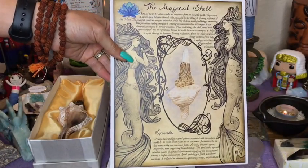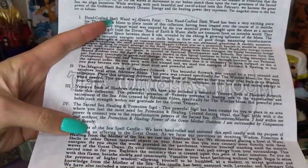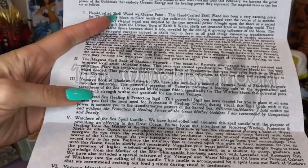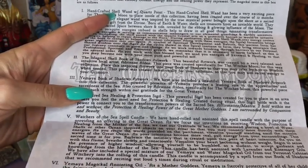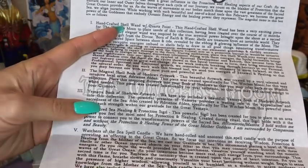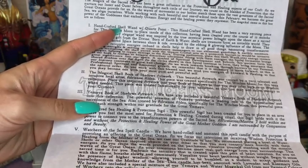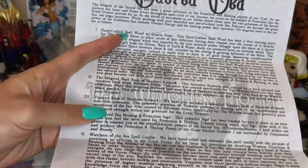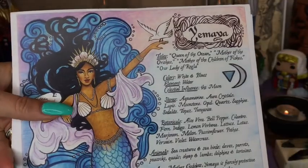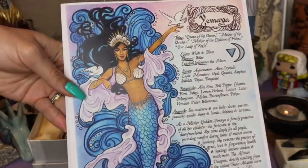Yeah, it's gorgeous. Going on into the third item here, it talks about Yemaya, and it has a Yemaya Book of Shadows artwork as well, also by the lovely Adrienne Alden. It tells you what group Yemaya is connected to, what belief system, and what her magical associations are. So actually, let's take a look at the artwork because a lot of that is on the artwork. So here we have Yemaya, which is beautiful. I have like a gods and goddesses